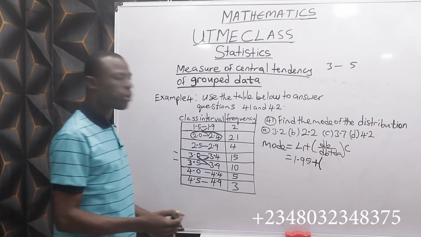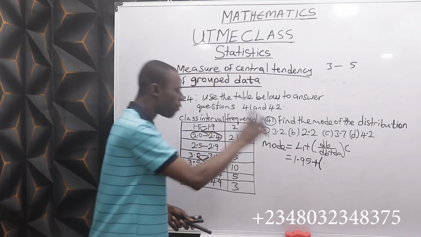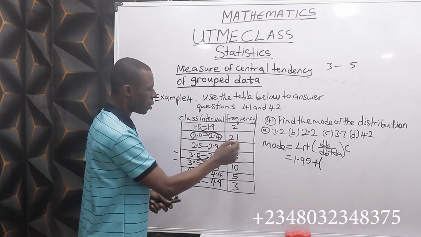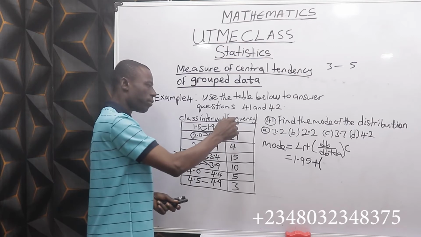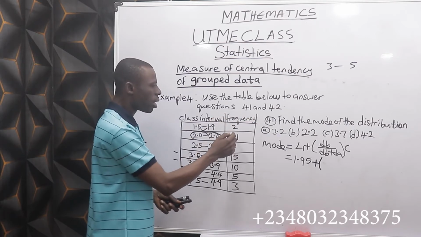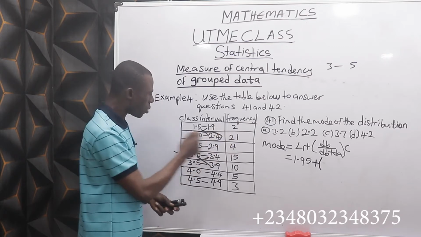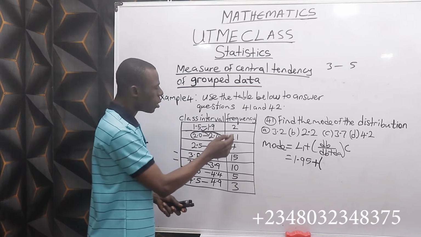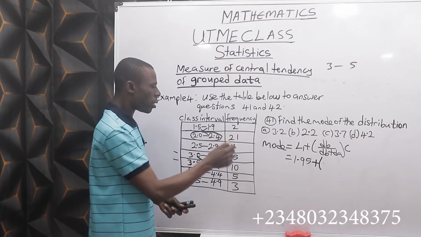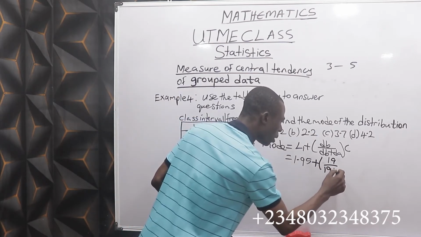So plus dB. What is dB? That code means D for difference: the difference between the modal frequency and the frequency before it. The B is before. The difference between the modal frequency 21 and the frequency before it, 2, is dB, and that is 19, over 19 plus